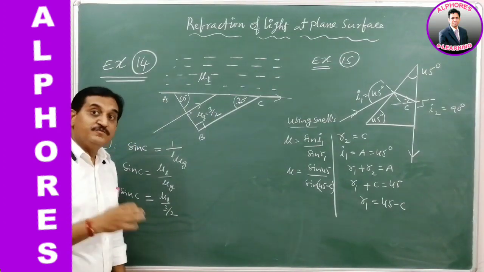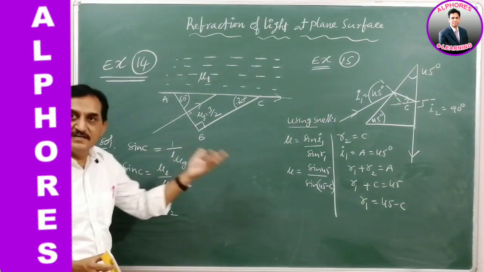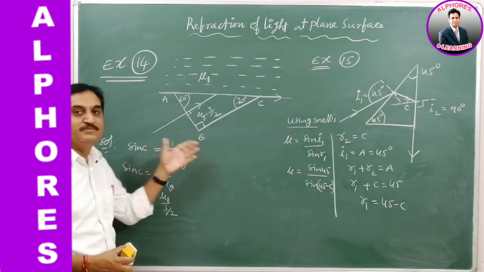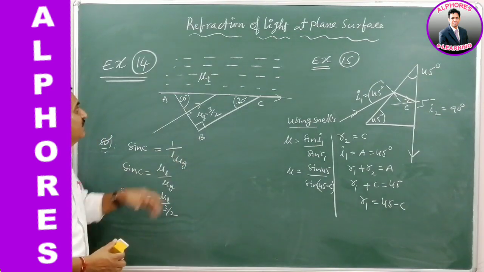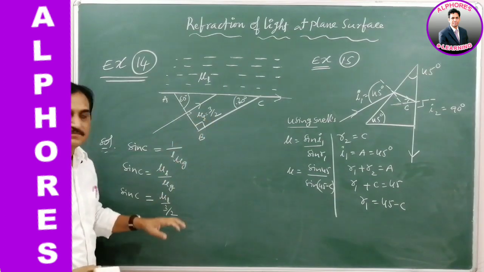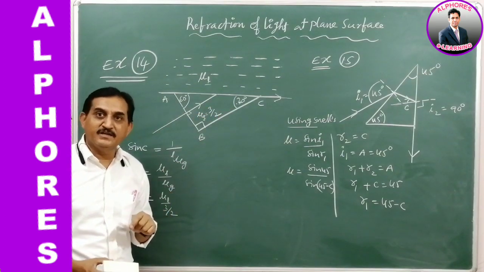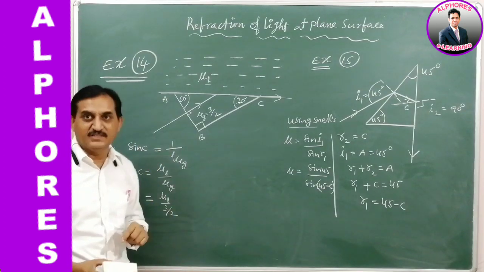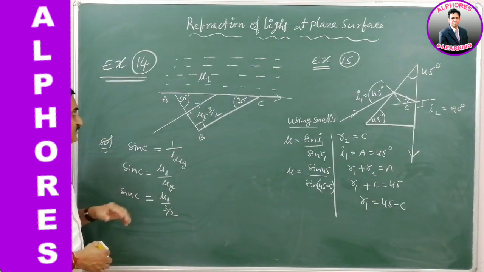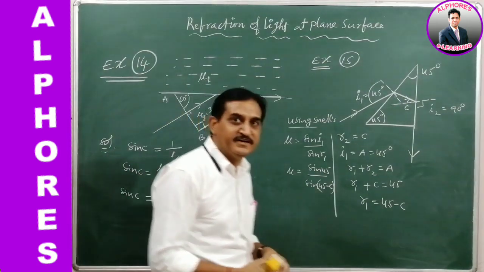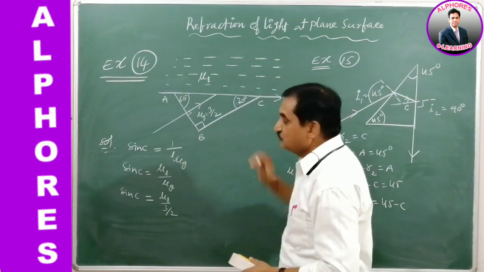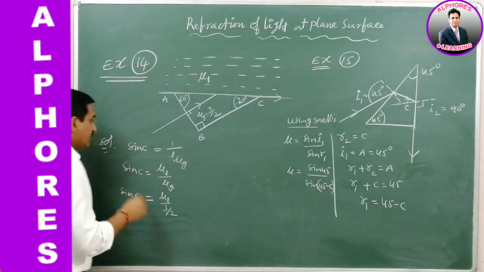If the ray is grazing the boundary separating the two media, what should be the limit of the refractive index of the liquid? Once again I repeat, the refractive index of the glass is given. In order to get grazing of the boundary of the two media, liquid and glass, what should be the limit of the refractive index of the liquid? That is the question: for what value of refractive index of liquid does the light, instead of refracting, graze the surface separating the two media? Now let us go for it.